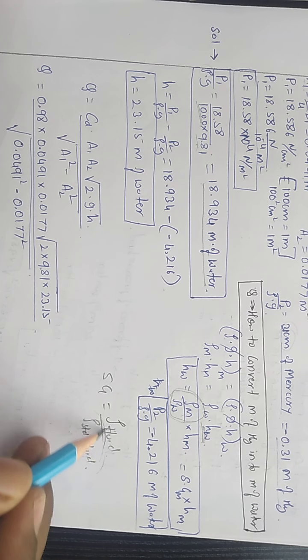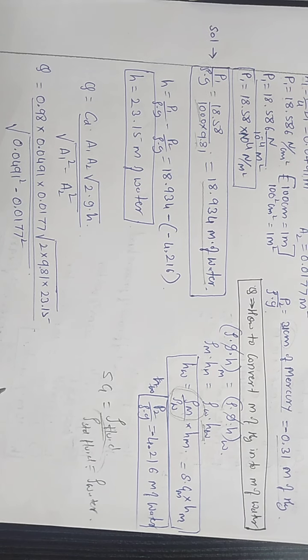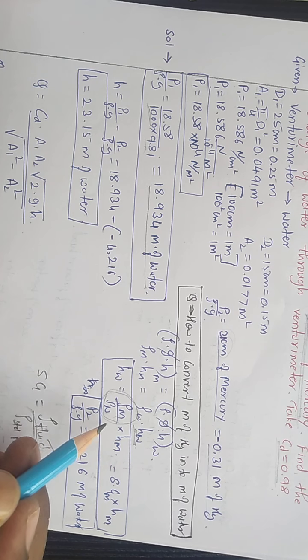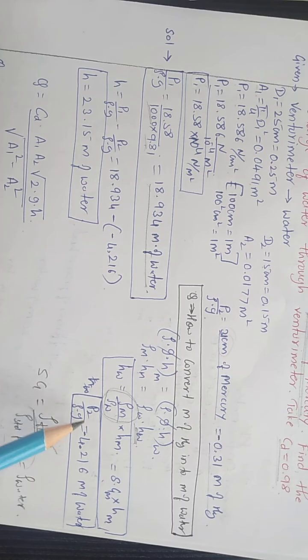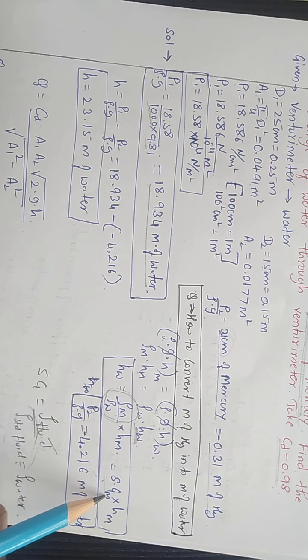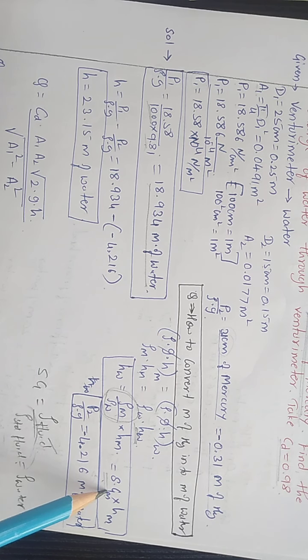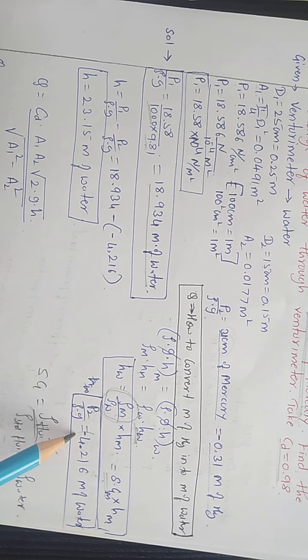So for liquid, what is the standard fluid we take? For liquid we take standard fluid as water. So here the density of the fluid is mercury divided by the density of water. It is nothing but the specific gravity of mercury. So you substitute the specific gravity of mercury, that is 13.6 for mercury, into the height of mercury, 0.31. Multiply, you will get minus 4.216.